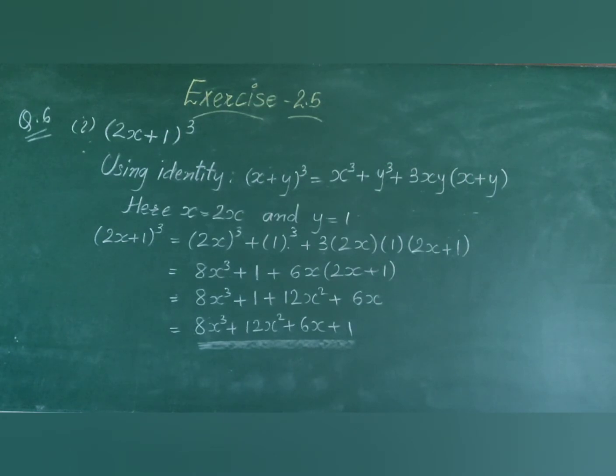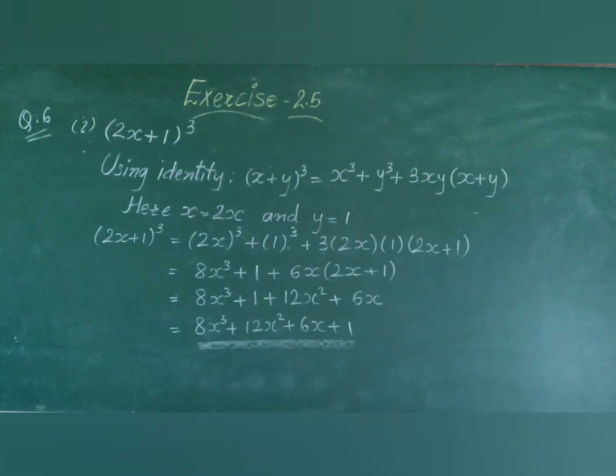So, carrying on forward from that, we will solve question number 6 today. And question number 6 is: write the following cubes in expanded form. Now, already it is given that cubes are there, so we have to use the identity for cube, that is called the perfect cube identity. That is identity number 6 and 7.